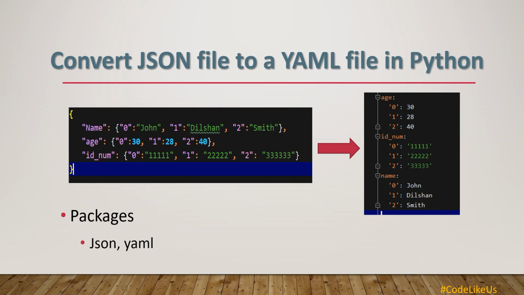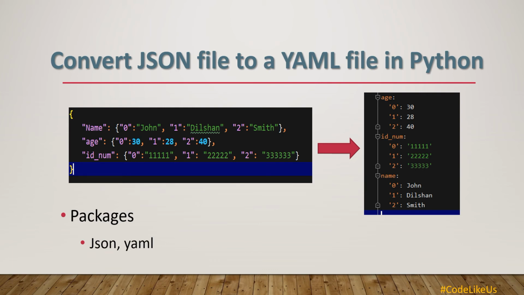When we compare the two files, a JSON file and a YAML file, you cannot see much difference. There you can see some curly brackets and some inverted commas in the JSON file, but we can only see key value pairs inside a YAML file. Only the indentation matters for that, with no curly brackets in the YAML file.